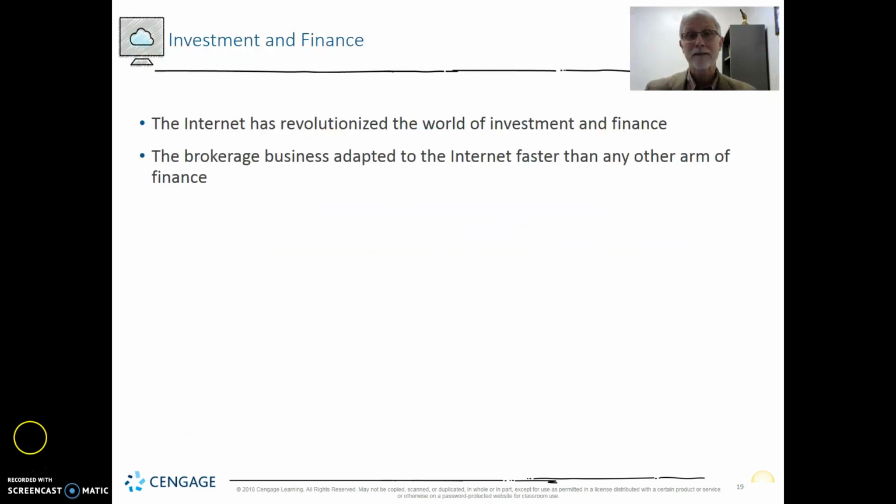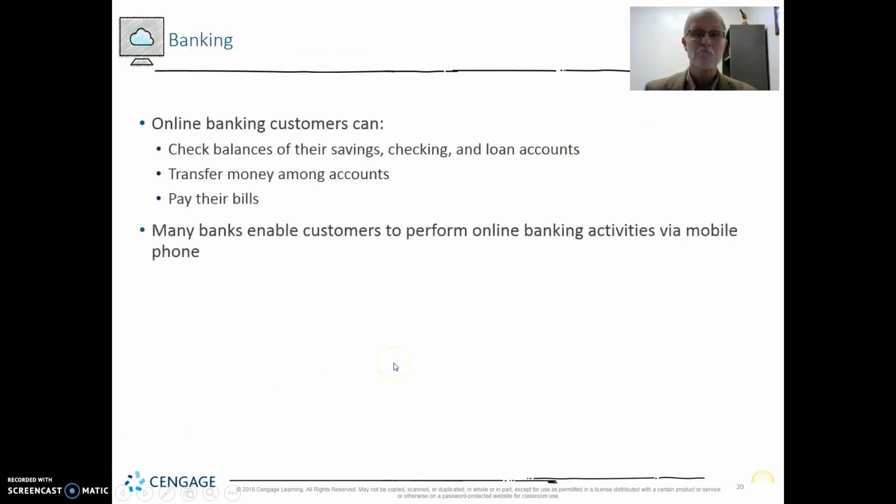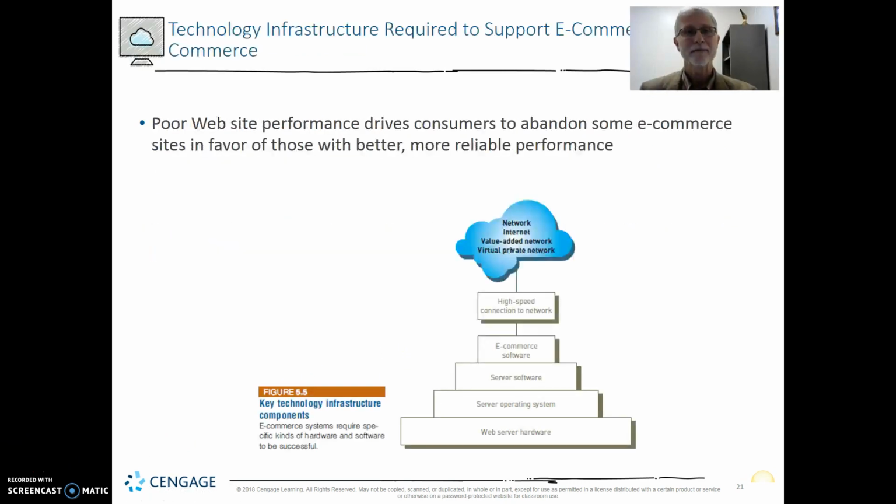You ever do any banking, online, internet? We all do. Online banking, investments. Now, to have that e-commerce, there's definitely an infrastructure required behind it. I'm not going to go into all the details, but you're going to need high-speed networking. You're going to have hardware to support it. You've got operating systems, server software, e-commerce software, high-speed networking to get out to the internet. So there's a lot behind the scenes that we've covered in the first 4 chapters that all come into play